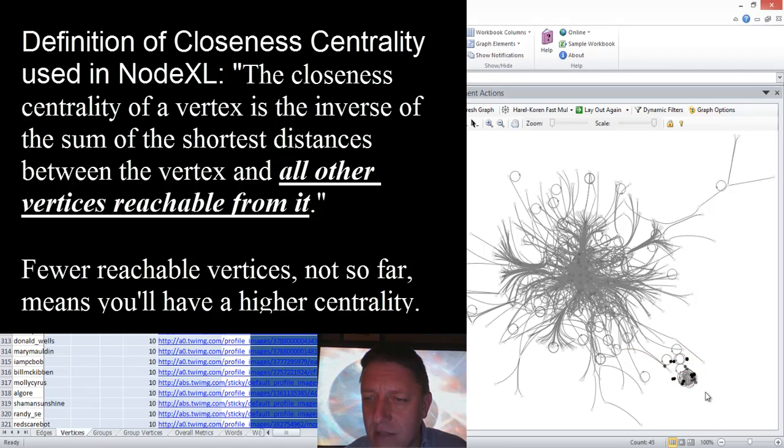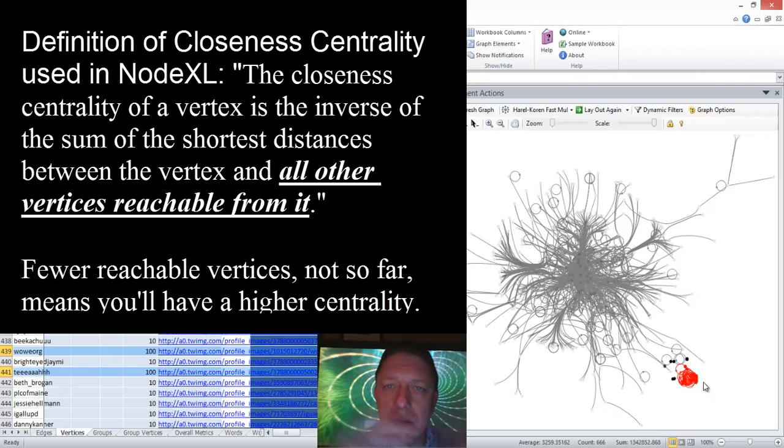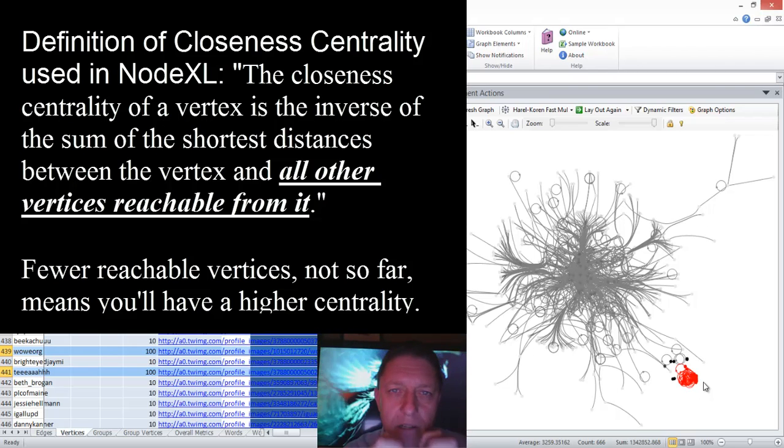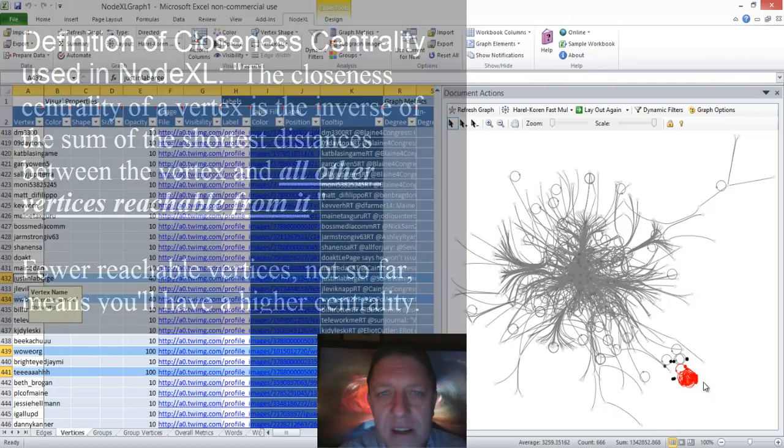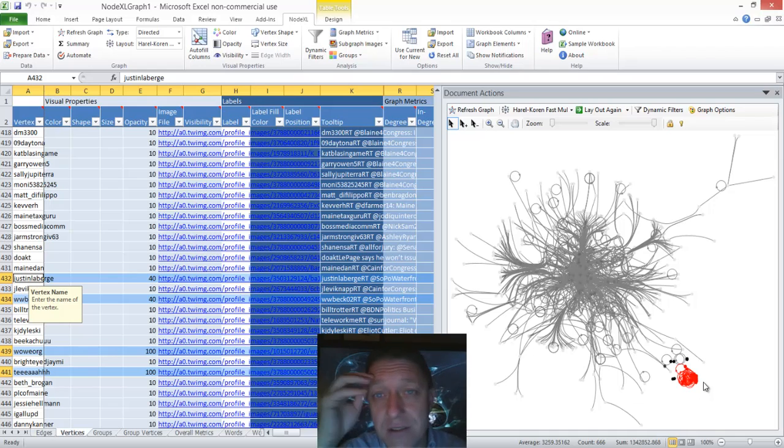In fact, if I select more carefully, I think we might find that there are individuals who are only referring to one another. So they're very close to the others that they are connected to, that they don't have an infinite distance to. Because they're so close on average to the others that they're connected to, they form their own component, it looks like, right? Yeah, they're not tied to the rest of the network at all. They are very close in their centrality to one another.